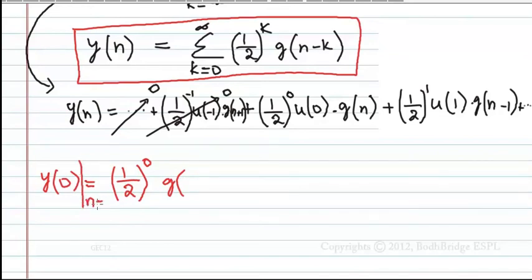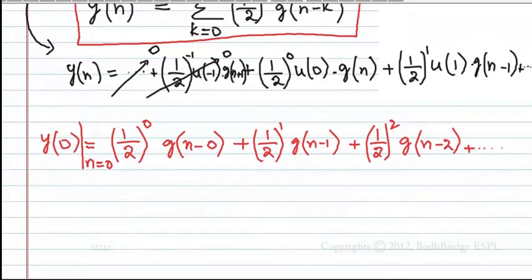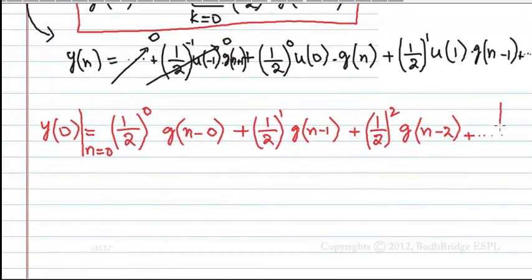This is where I am putting n equal to 0. Let us say n only. Leave it n only here and we'll put it afterwards. K equal to 0 first time, and 1 by 2 whole power 1 and g of n minus 1 plus 1 by 2 whole power 2 g of n minus 2, and it goes on in this way. And for this, what should we substitute? We should substitute n equal to 0.